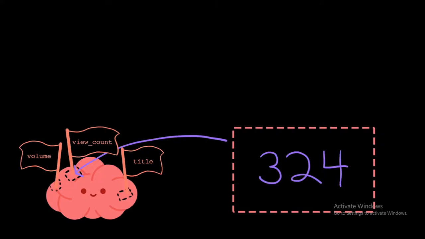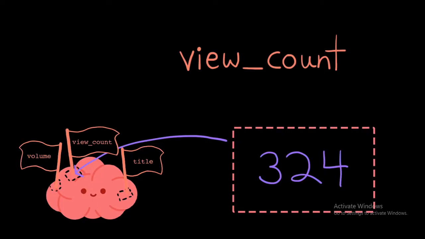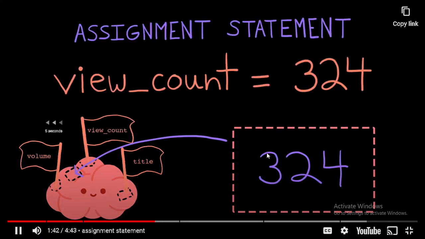Anytime we want to access the value stored at a location, we can ask the computer to retrieve it by giving it the name. For example, if I had the